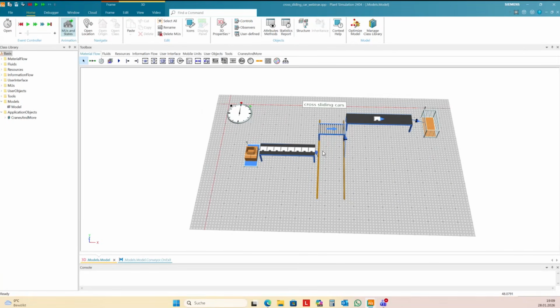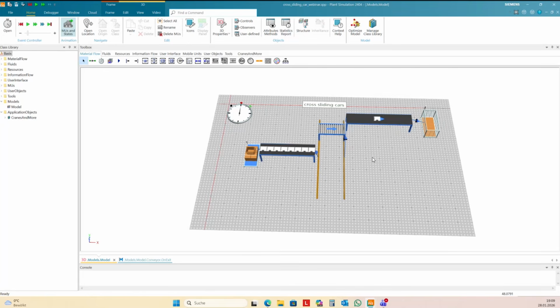And because it's the pull control, it doesn't work if you're going backwards. If you transport backwards, then the cross-sliding car doesn't react on the part that's here and the backward exit control, for instance. And the pull control only works with a predecessor and only in direction of transport.